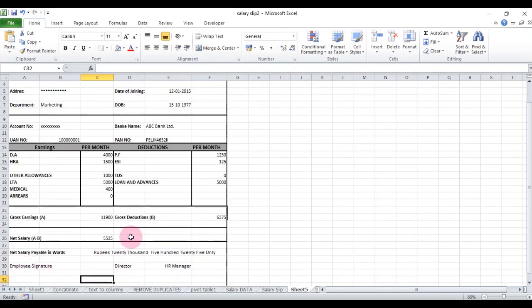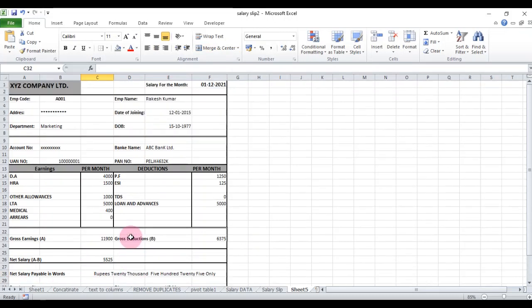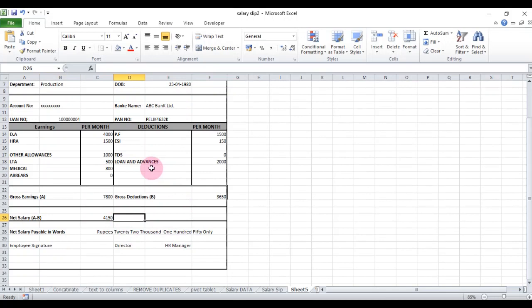So friends, I have made this automated sheet, ready for work. You can type here, you can see we can type A004, the employee name changes and the salary details also change.